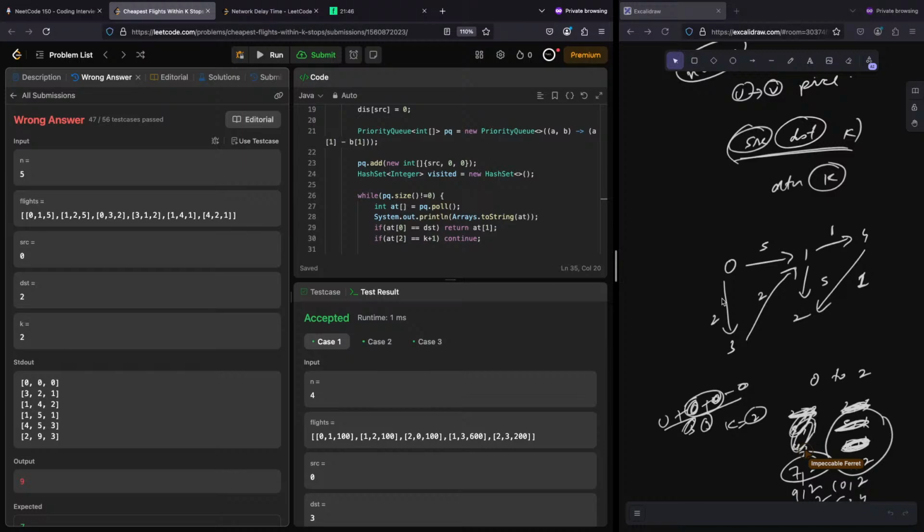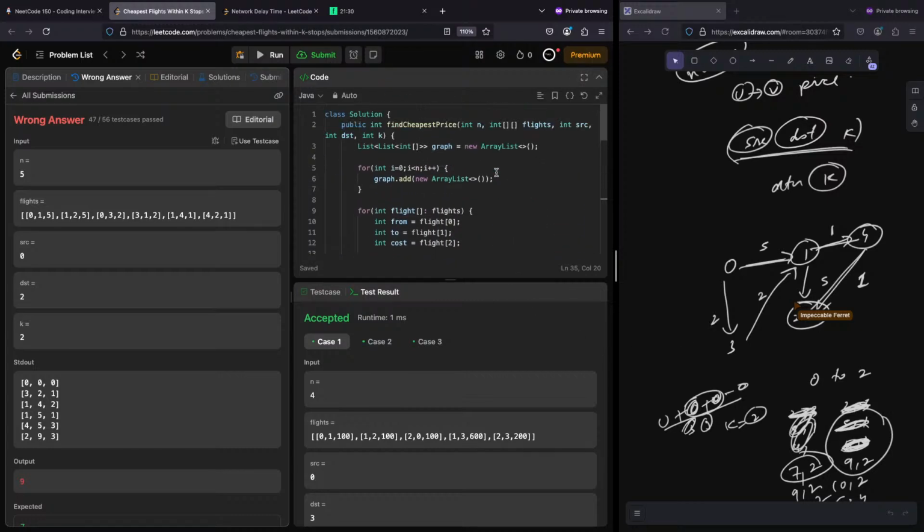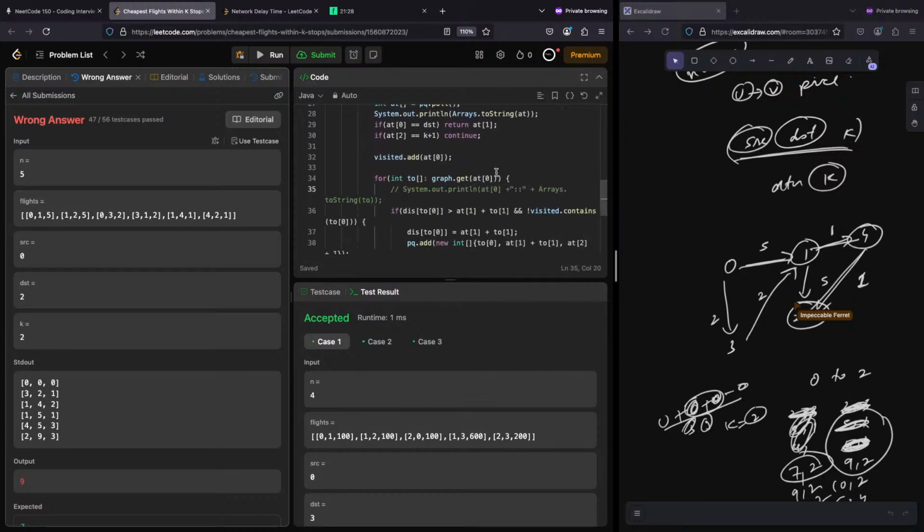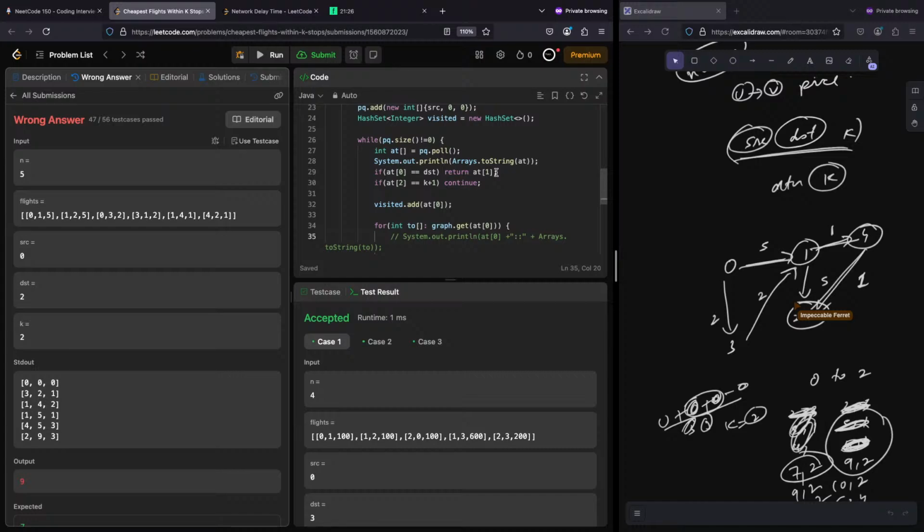Which is correct. How many stops it has taken? 1, 2, 3. 3 you can take, right? Stops are 2 only. 1, 2. That is the final destination. So basically,